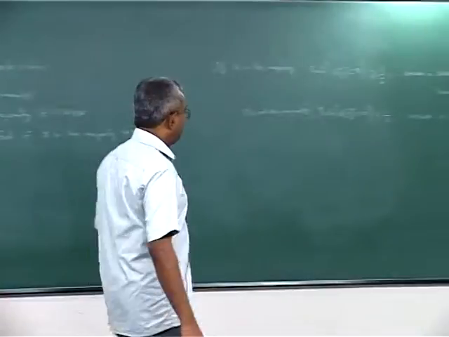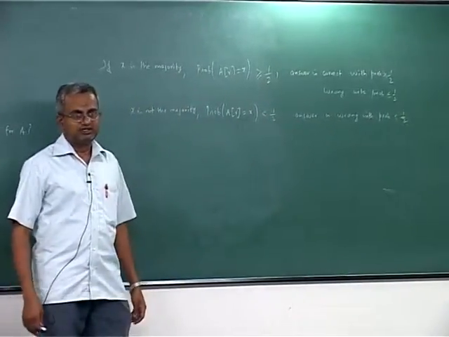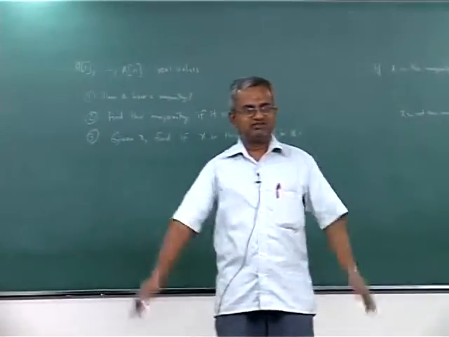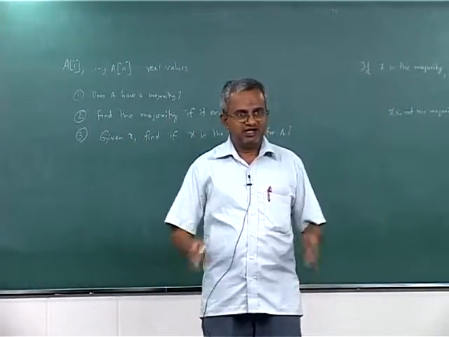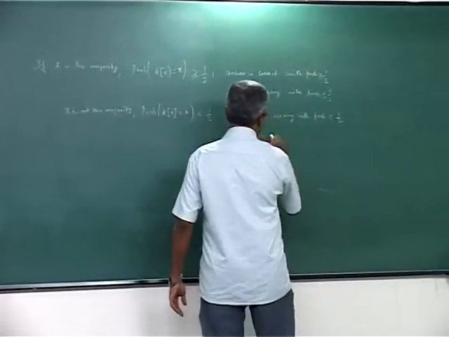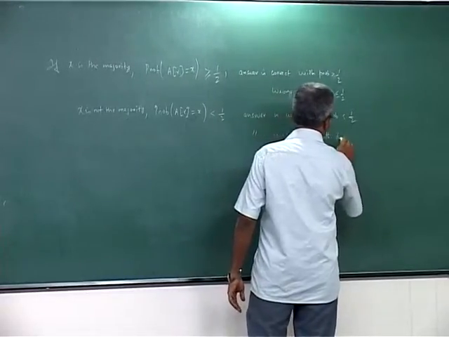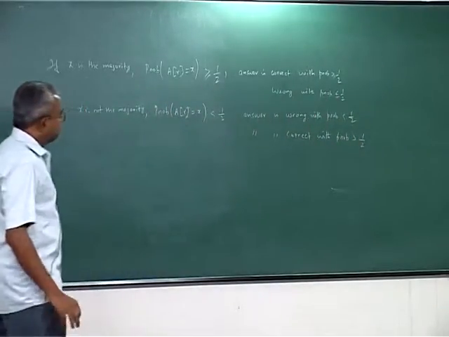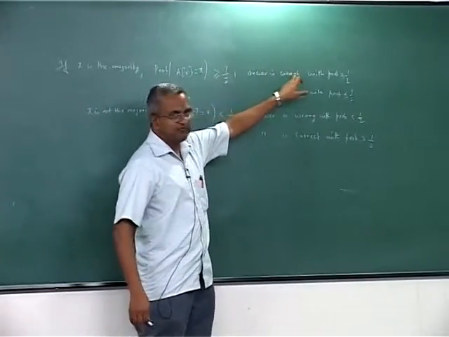And hence, what happens? With probability more than half, the answer would be correct, because more than half of the entries happen to be entries which are not x, and in each of these cases, the algorithm will say no, x is not a majority, and it is indeed a correct answer. Okay. So, the answer is correct with probability more than half.